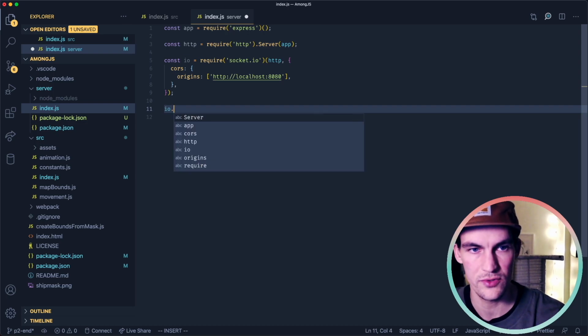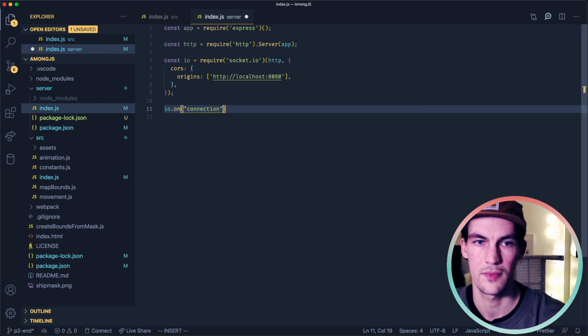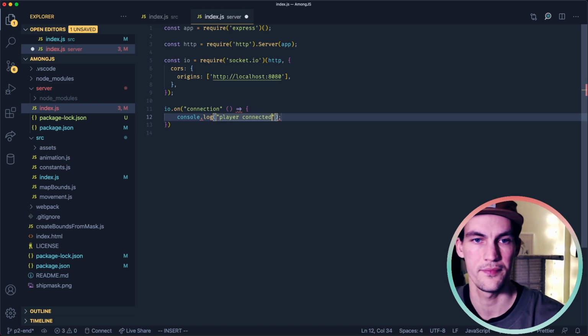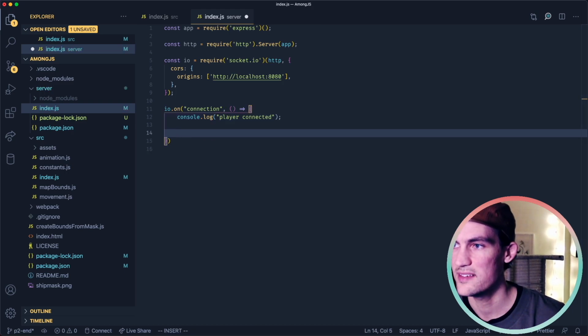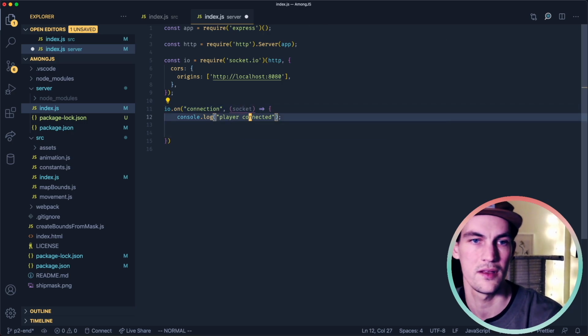We can do io.on connection. We do a callback and we say player connected. So inside this connection we get a socket passed in here.